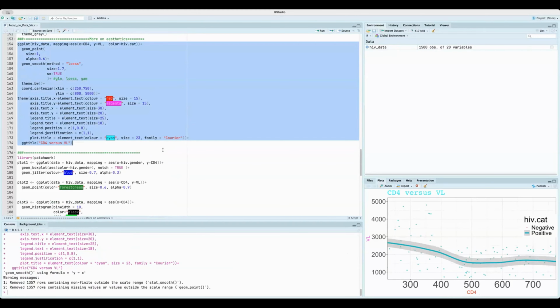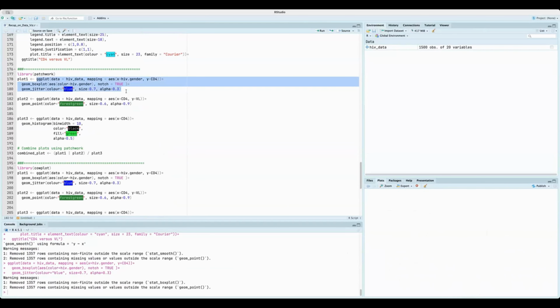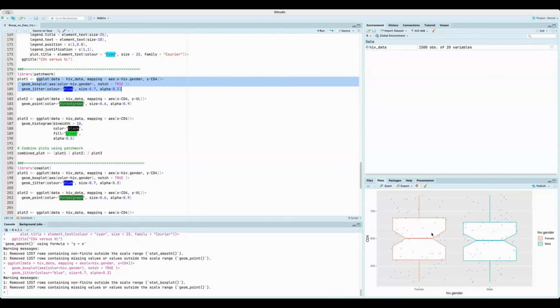But now, coming to Patchwork, this is where I was defining this. The first plot is just a box plot, and remember, as we said, ggplot is actually a layered visualization. So I have the box plot, then I have the jitter. The color of the jitter is blue with transparency of 0.3, and the notch is true and all that. The color is defined by the HIV gender, and you can see the legend there,